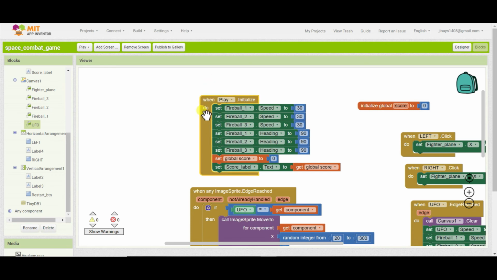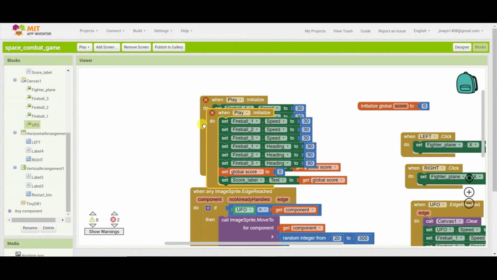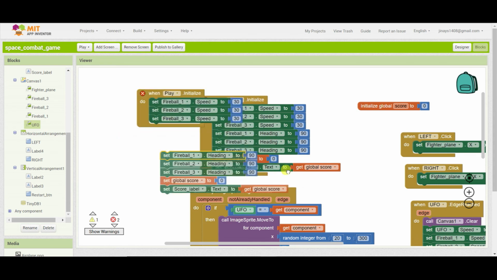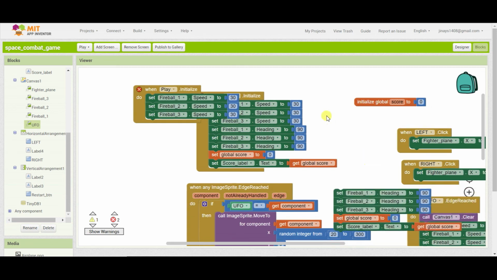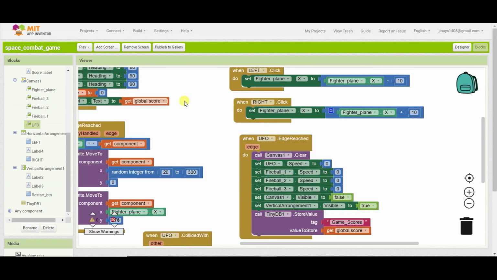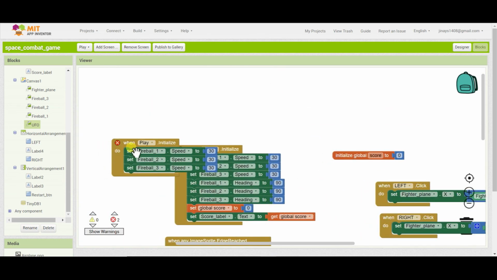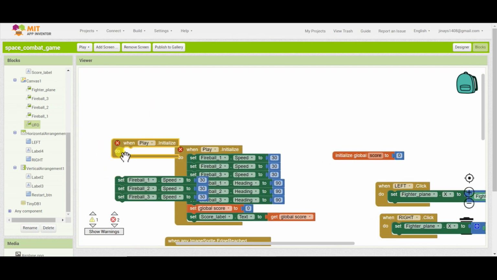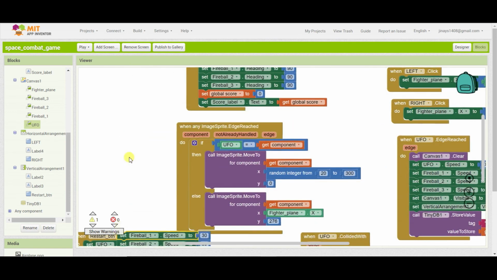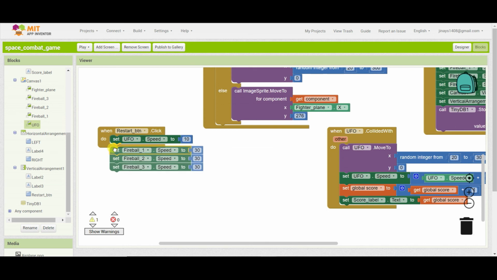I'll just copy this, delete these blocks. And we have to set fireball speed to 30. We have to set canvas 1 visible to true.